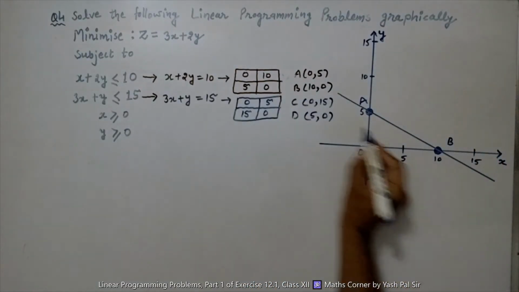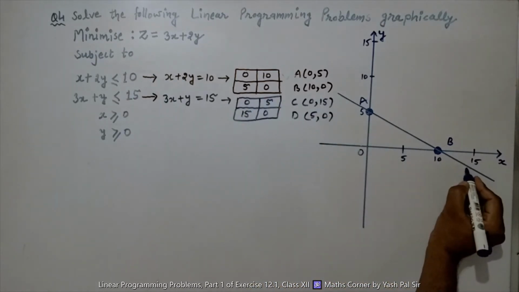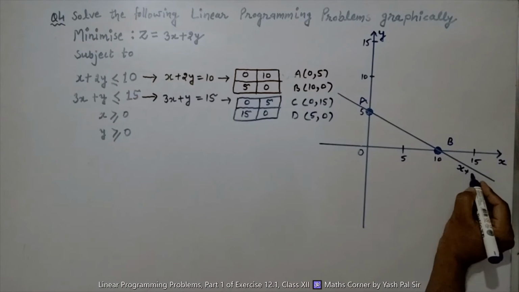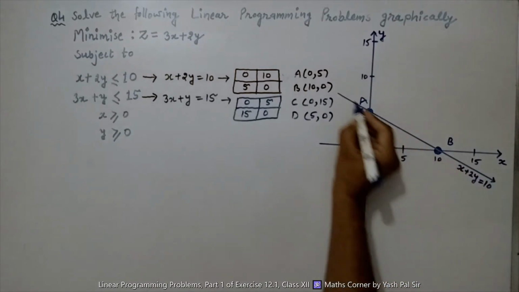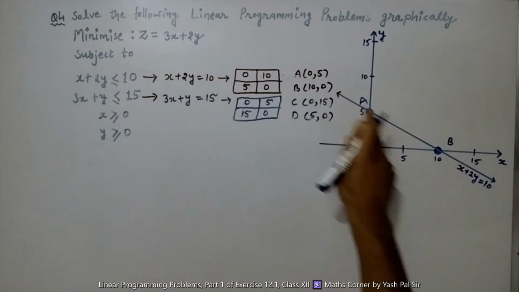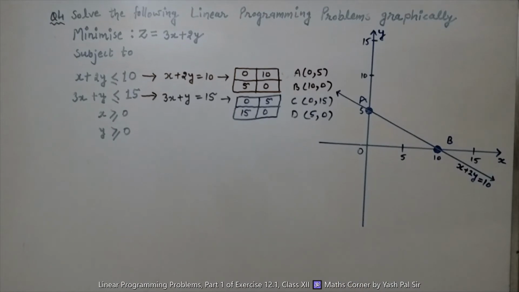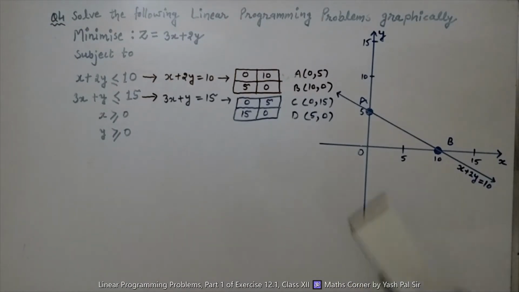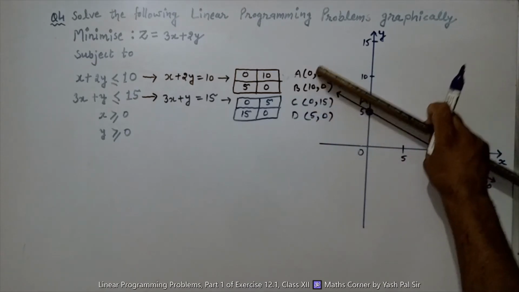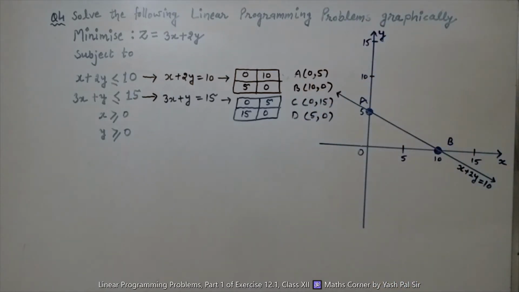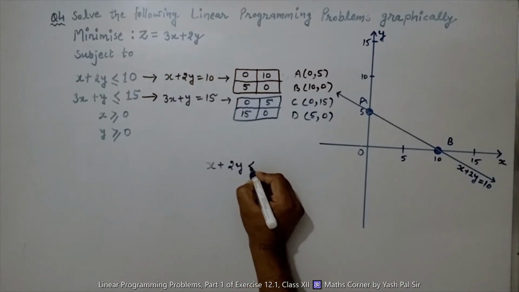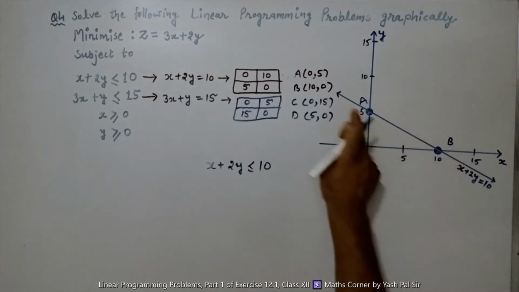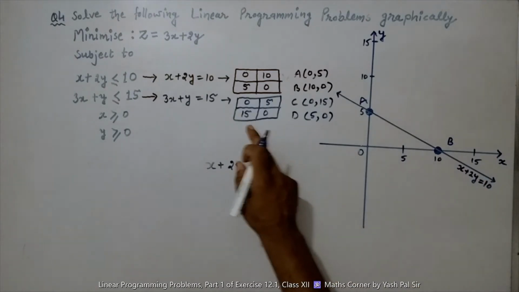Right? Now thing is, first of all we write the name of this line. The name of this line is x plus 2y is equal to 10. We have the arrow mark at both sides of this line because this can be extended to both directions. Now we have to shade to one side of this line, either upward or downward. Which side we should shade? So writing the inequality, this is the x plus 2y less than or equal to 10 for this line.